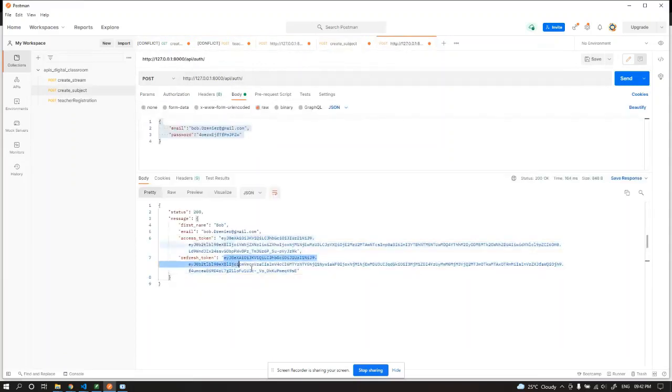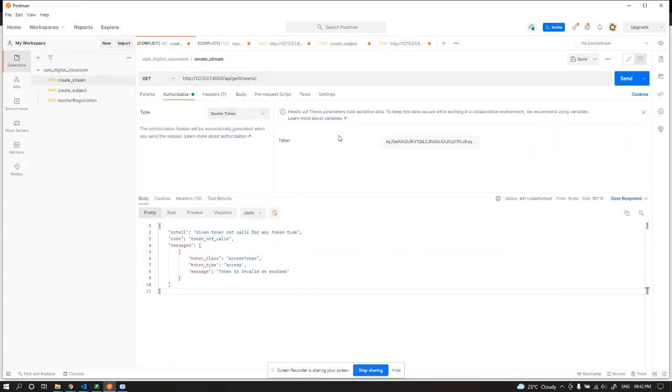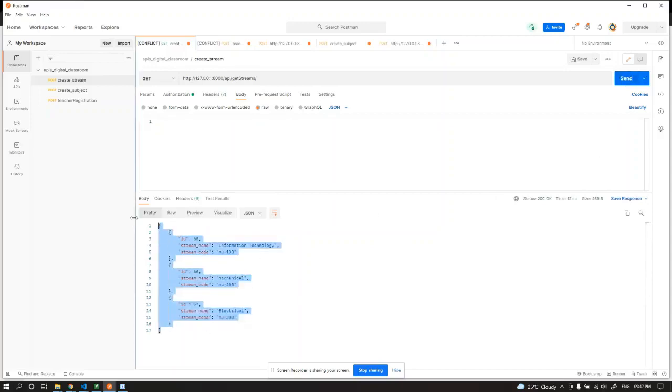Let's just go ahead and copy this token. I'm sorry, the access token. We need to copy the access token. The access token has a validity of 5 minutes. So after that, the token will not be valid. So let us go here in authorization and replace this token. Now let's try sending the request. And as you can see, with the correct authorization token, we are able to get the list of branches. So this is how our APIs are being protected. An unauthorized user will not be able to access our application's API requests.